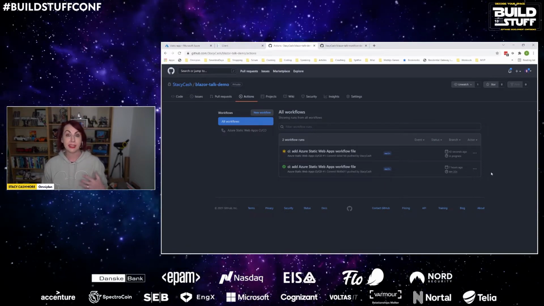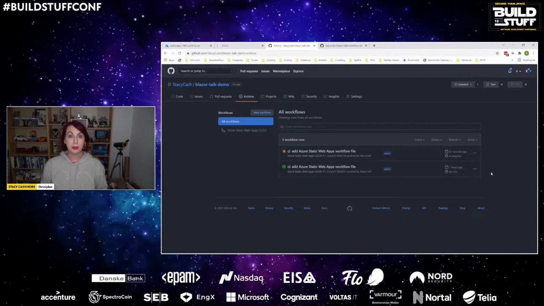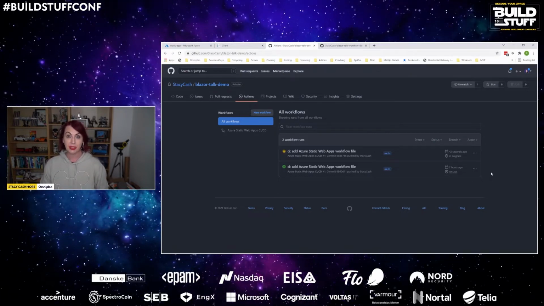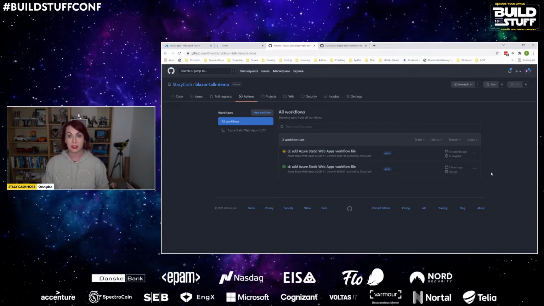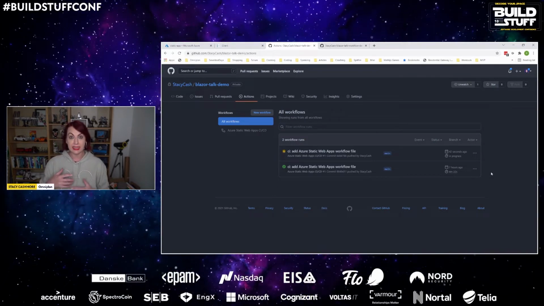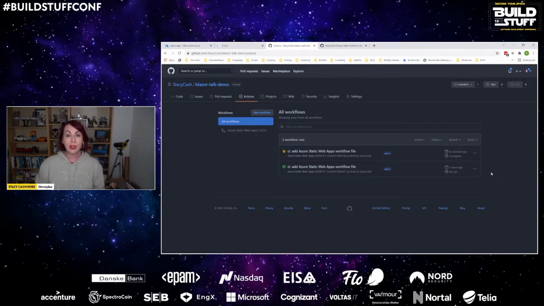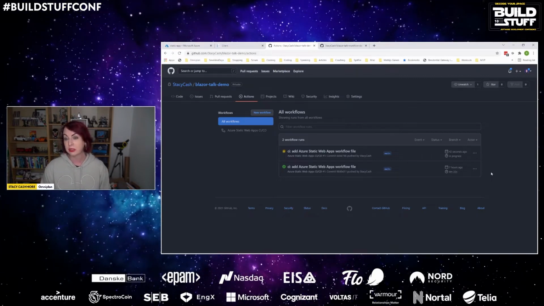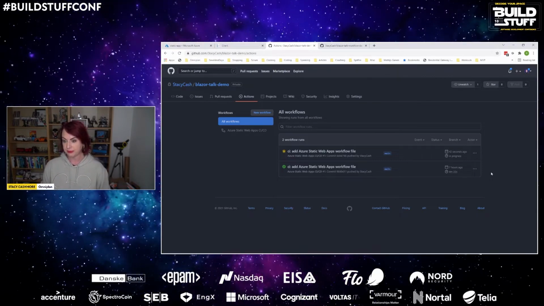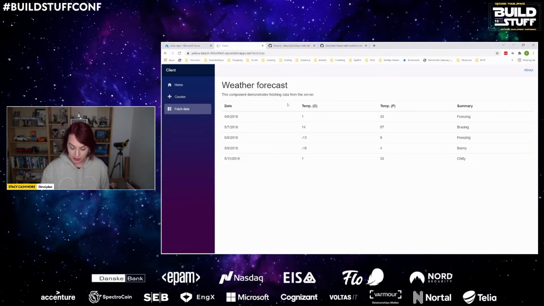When you create a static web app, it creates a GitHub workflow for you, which will build and deploy your static web app without you having to do anything. It does it on a push to the main branch so that it's a CI/CD flow. Every time you make a change, it updates. And it's even got workflow in there for staging environments, which we might come to later in the talk. We might not. Anyway, we have a website available and it's working.